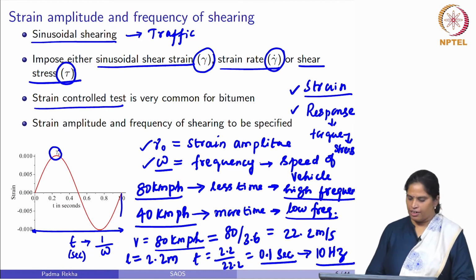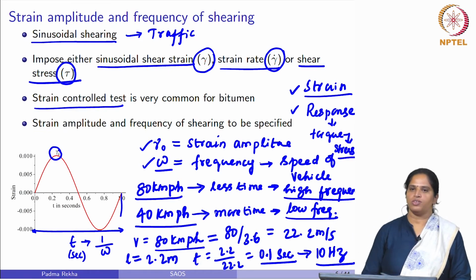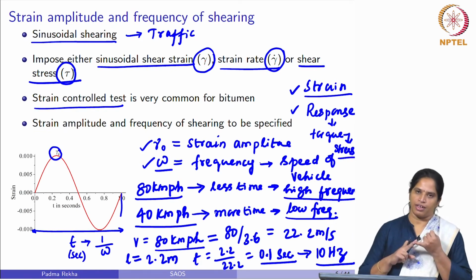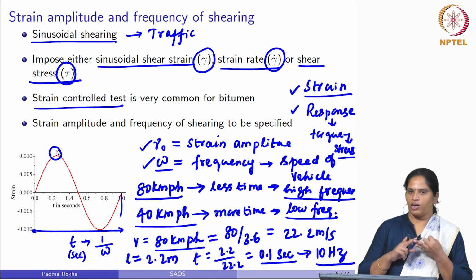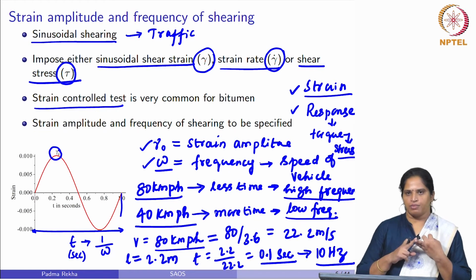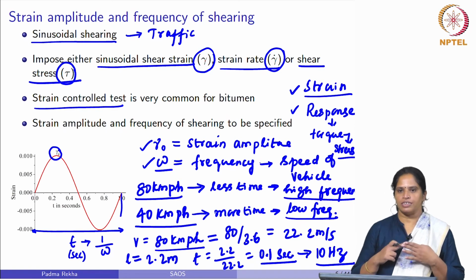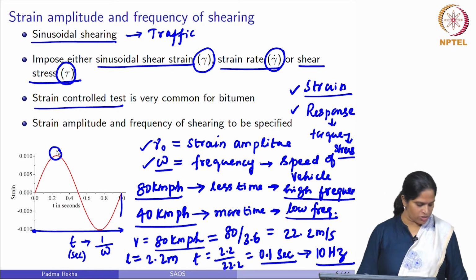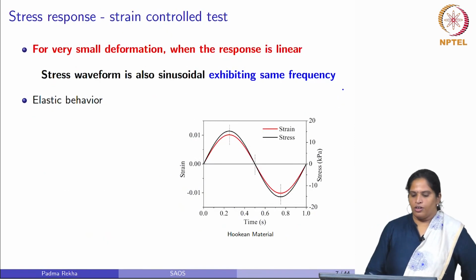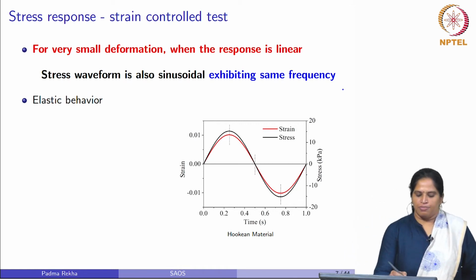Now, let us see what will be the stress response when the material exhibits an elastic behavior, a purely viscous behavior, or a viscoelastic behavior, which is a combination of an elastic and a viscous behavior. So, we will see what will be the viscoelastic response for the sinusoidal strain. So, for an elastic behavior,